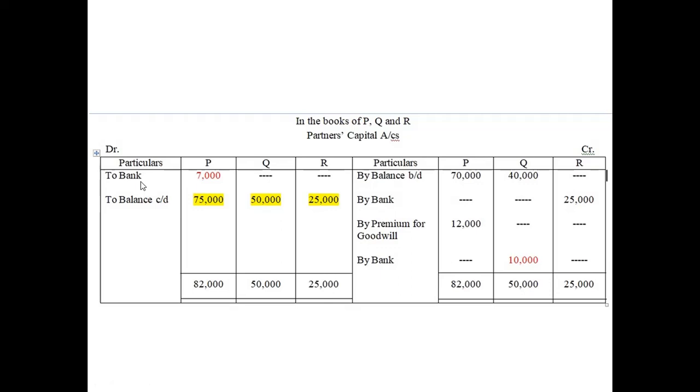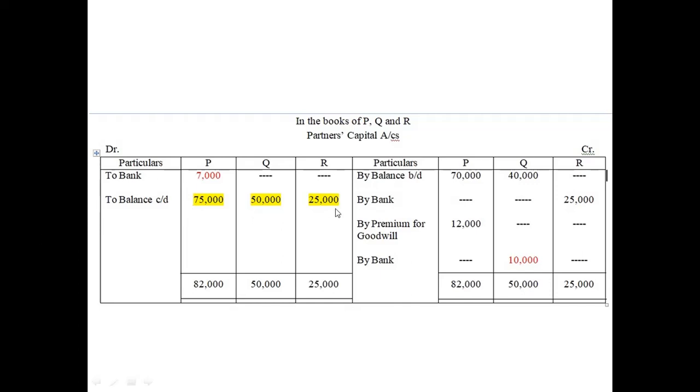You just have to leave the space because this is what is required by the question. So after leaving this space, we will write to balance c/d, which is 75,000, 50,000